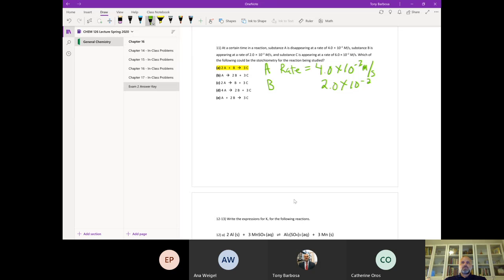E, adding 1 atmosphere of neon to the reaction vessel. Well, since neon doesn't appear anywhere in the equation, it has no effect whatsoever. And then the last one is increasing the volume of the reaction. So this is the one where we have